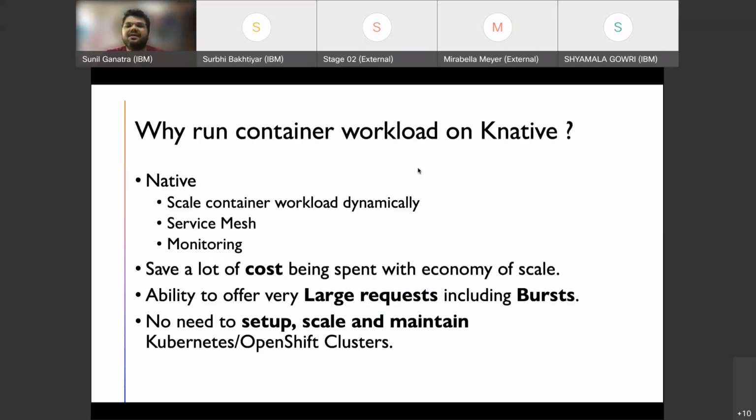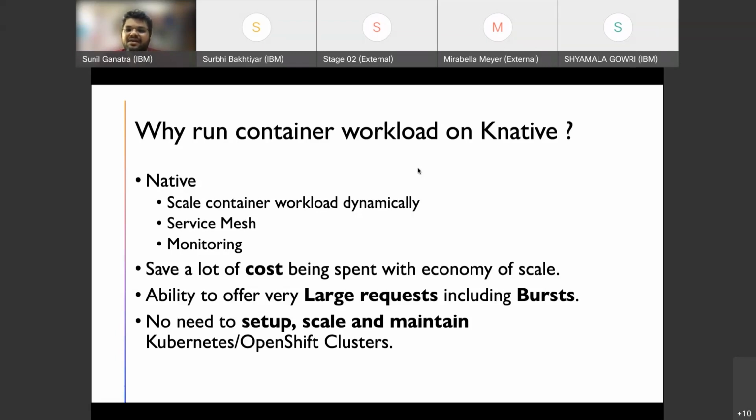Now, the question comes: why should I run my workload on Knative, if I already have function as a service? The thing is, with Knative you get the auto scaling features, and you get the goods of service mesh. Along with that, if you have a certain workload which you want to run on Kubernetes APIs, then you have the luxury of doing that.